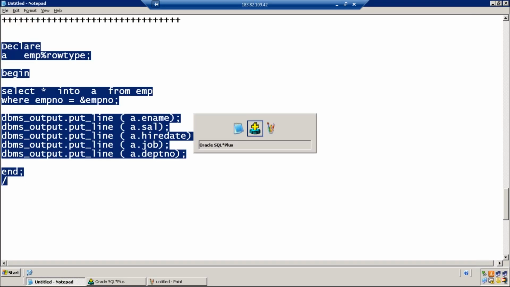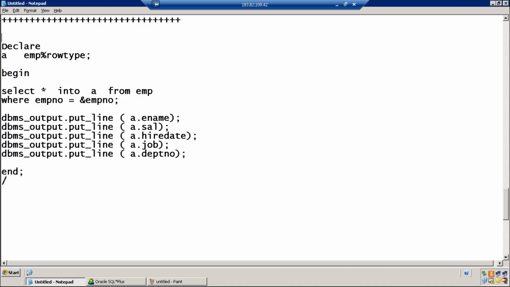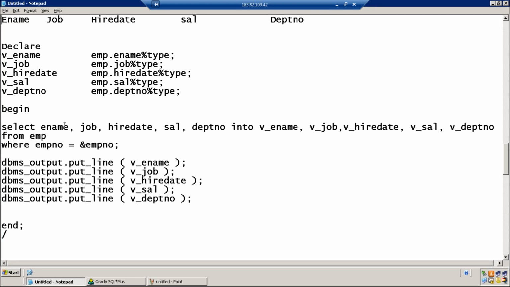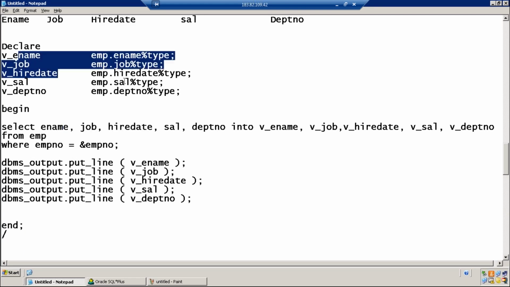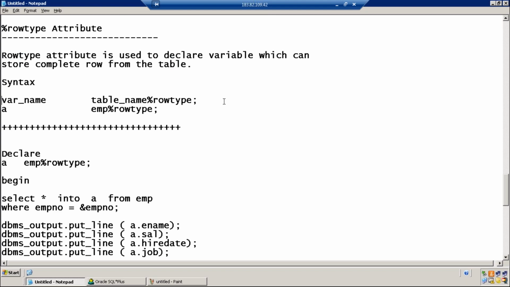Is this clear? Instead of declaring individual variables, which becomes a tedious job for a developer, and writing very long select statements, just write one variable which can store all the values of a particular row, and then print whatever values you want by referring row type variable name dot column name.